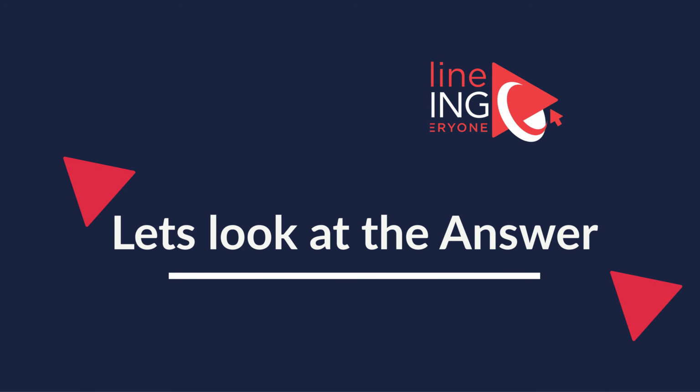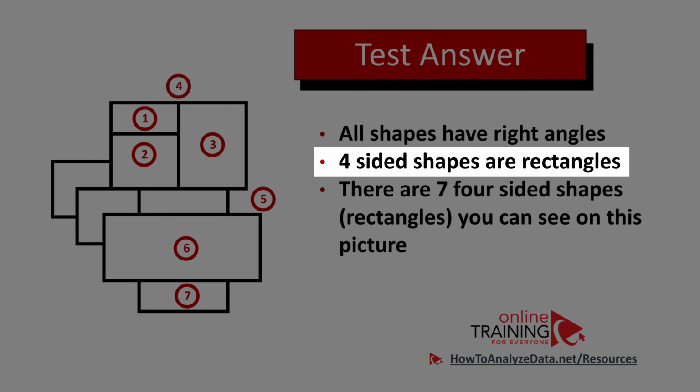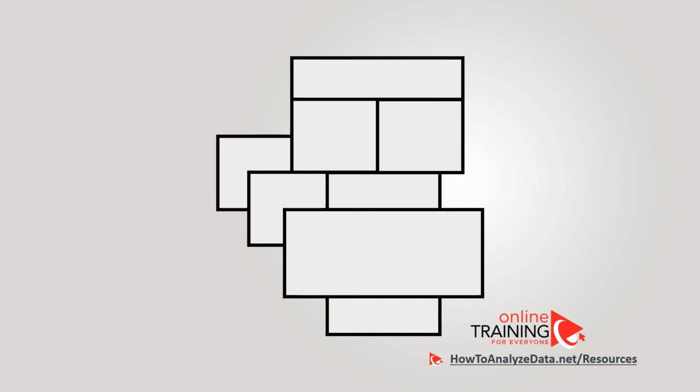There are different 4-sided shapes, but all shapes in this picture have right angles. This is the reason all 4-sided shapes here are rectangles. And there are 7 4-sided shapes that you can see in this picture. Let's draw all of them for you. Let's start with shape number 1, then go to shape 2,